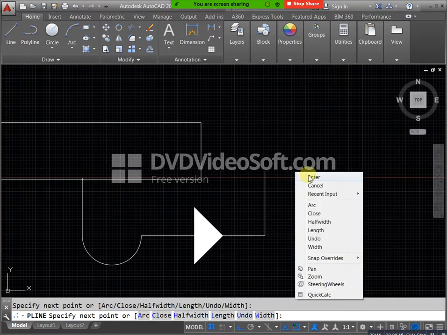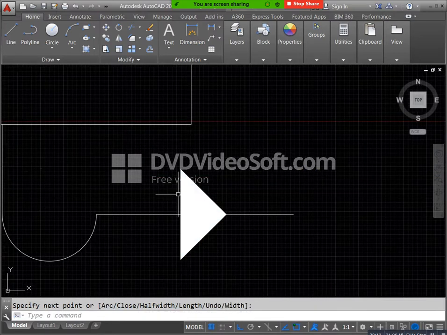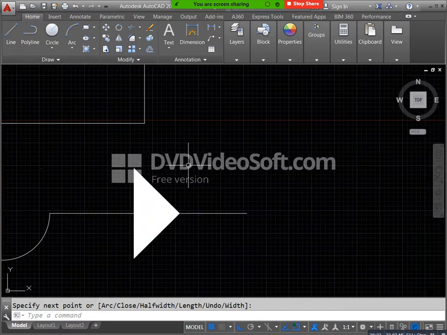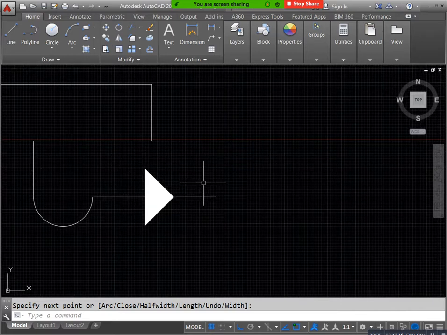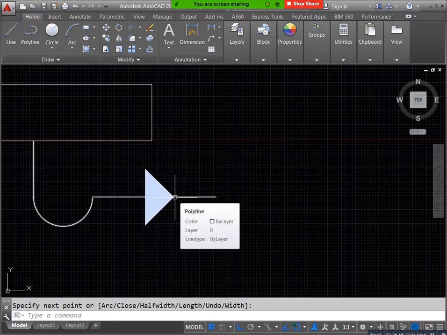Okay. D1, D2, D3. Distance 1, you need to mention this length. Distance 2, if you need an exact corner you can mention 0. If you no need a corner, you can mention some value. And the third value, here to here, how much length you need. For example, I no need a sharp corner, I need some distance. That condition is like a trapezoid. You can enter polyline again. You can select this point again. You can select your half width. Then you can select your distance 5, and I need 2 distance at that place. Next you can mention your value 10, like this. This is also applicable.